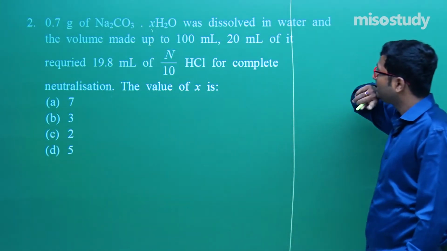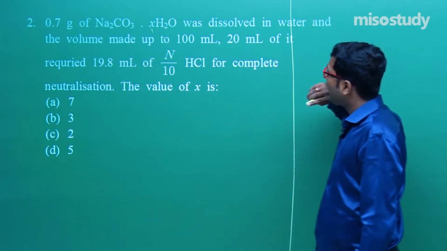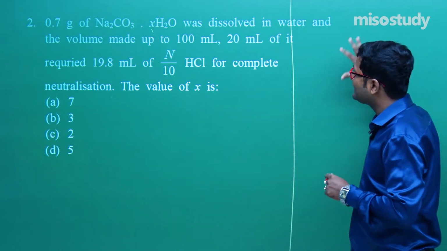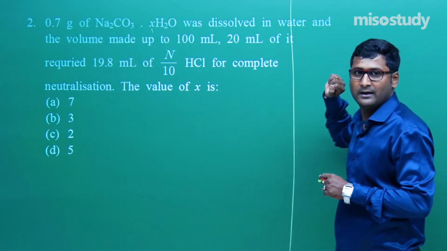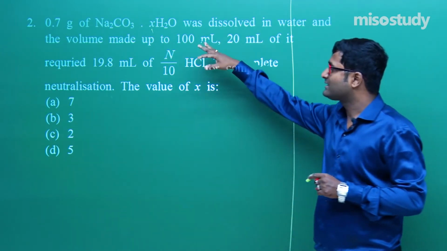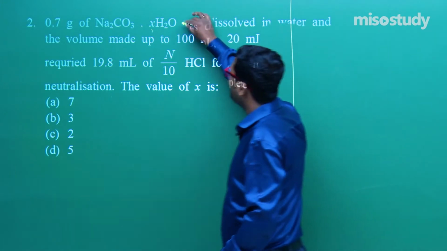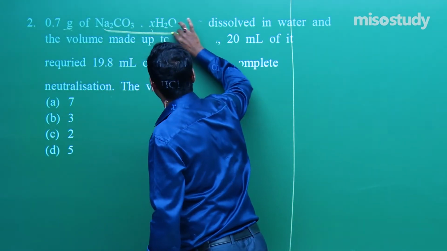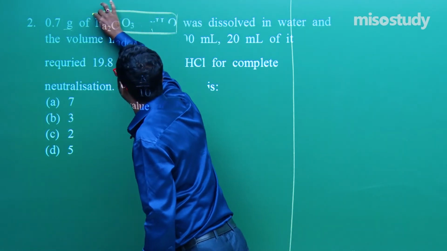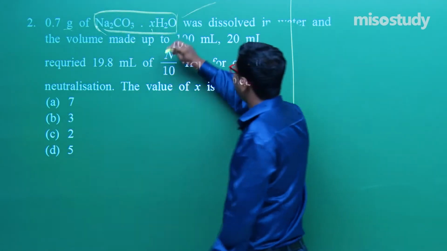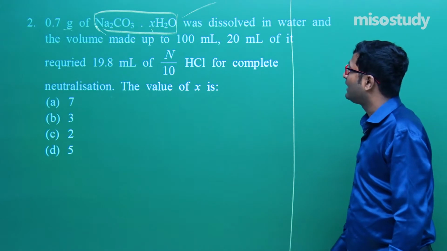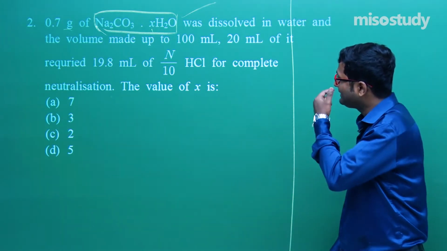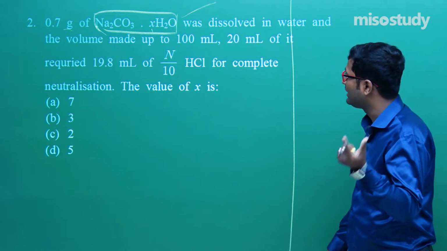Now what to do in this case? First of all, using the data, we have to find the overall molecular mass. The given mass W is 0.7, but if I get the exact molar mass and compare it with that data, then we can easily equate the value of X. So how to find M, that is the molar mass, not molarity.